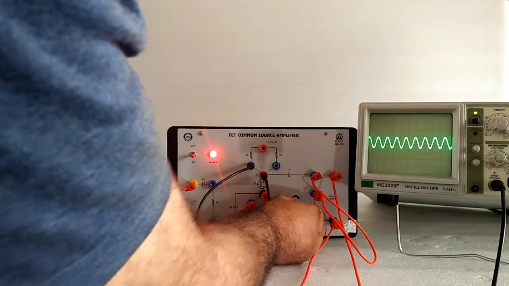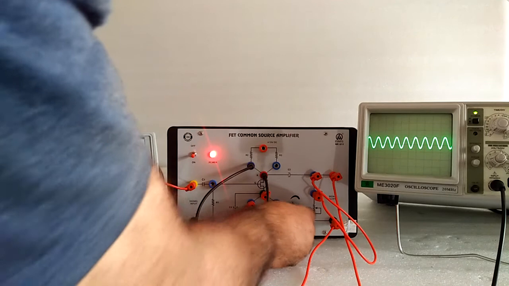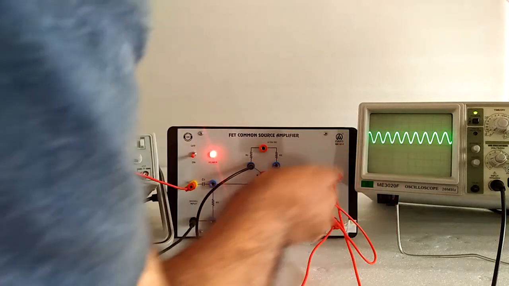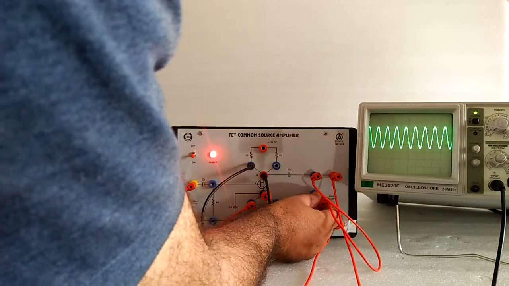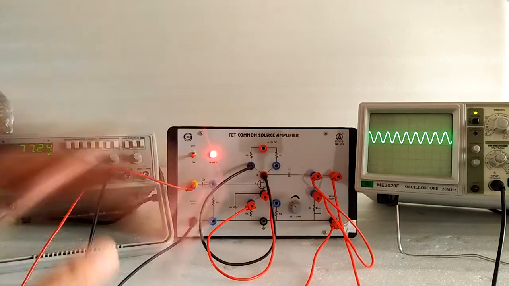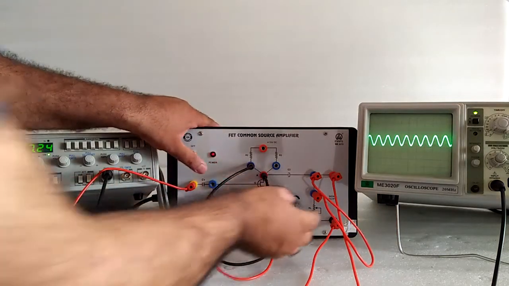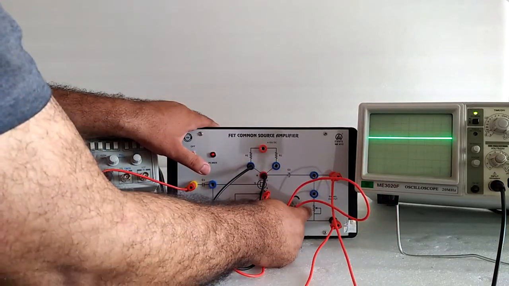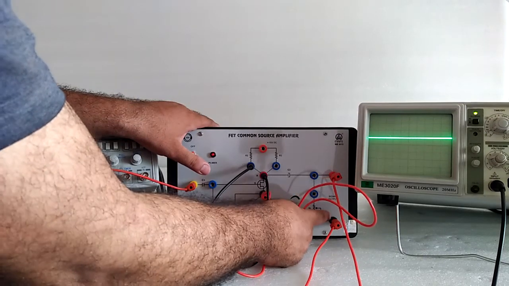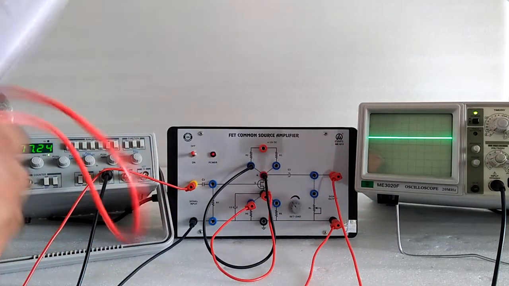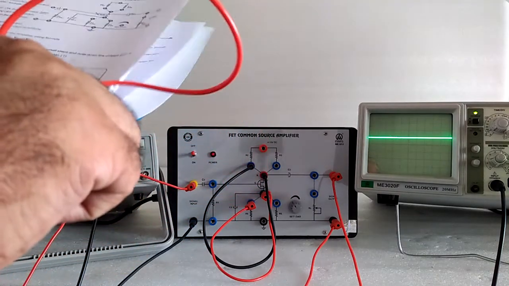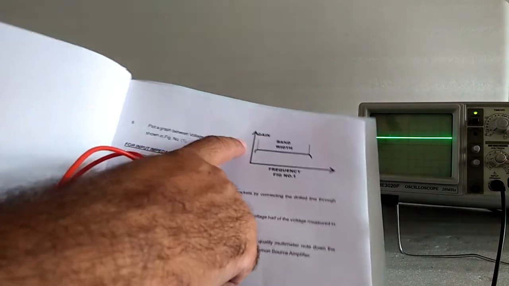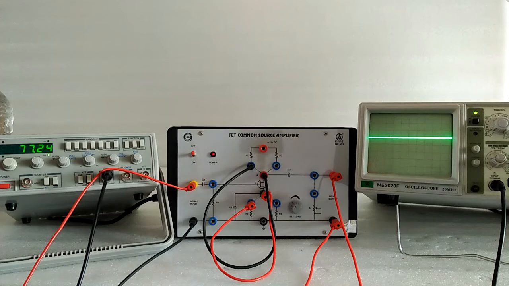Now set the variable resistance so that the output should be half of the output without load, and after applying the load it should be at half its value. Switch off the instrument, note down the resistance, and this is the output impedance of the amplifier. So we can find the output impedance as well as the frequency versus gain graph with the help of this gate. Thank you.